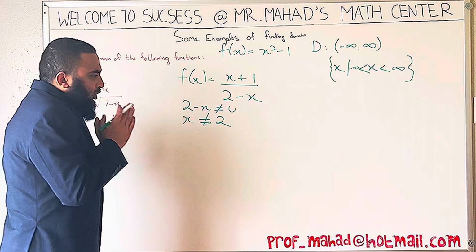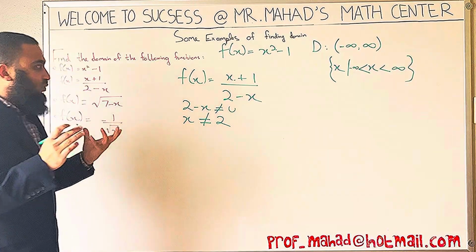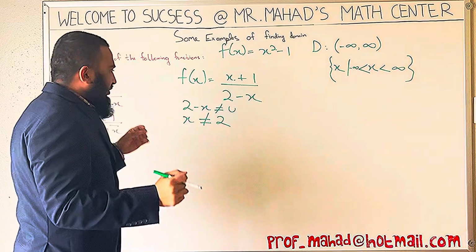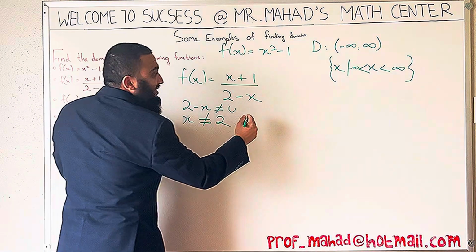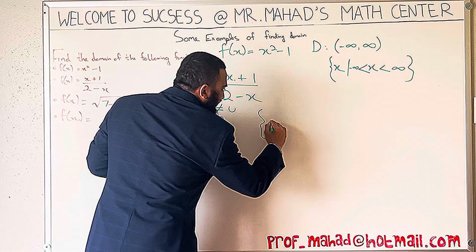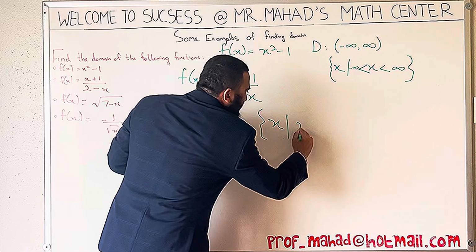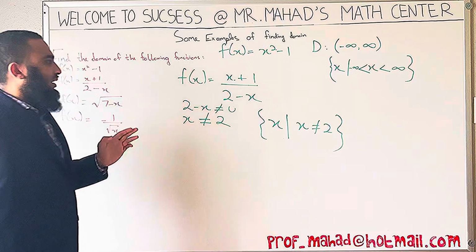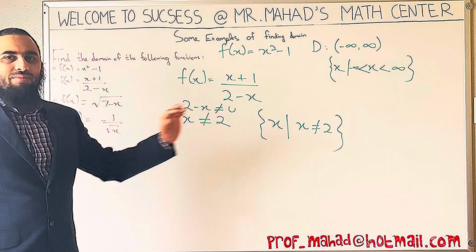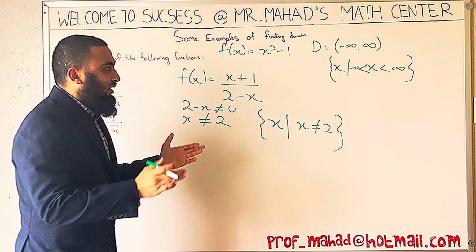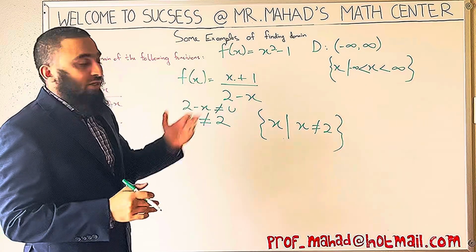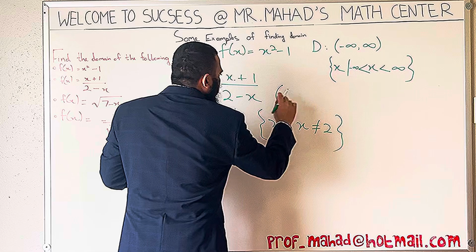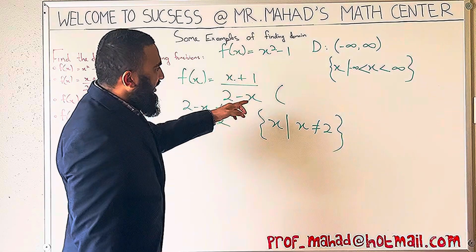Now the short way to write this, here's where the three ways come into benefit. The shortest way to write this is in set builder notation. Why? Because I can write that x is such that x is not equal to 2. This eventually means that x equals every value except 2. If I write the same thing in interval notation, this is how it looks. So x can start from negative infinity